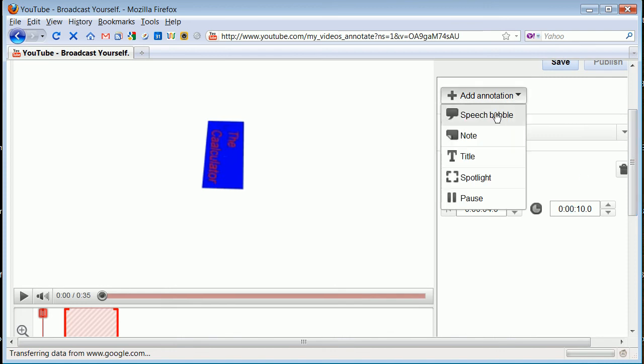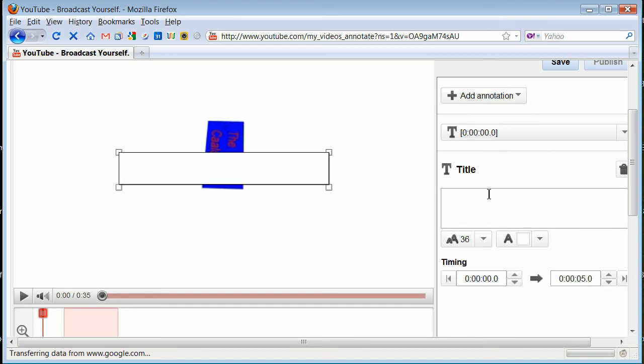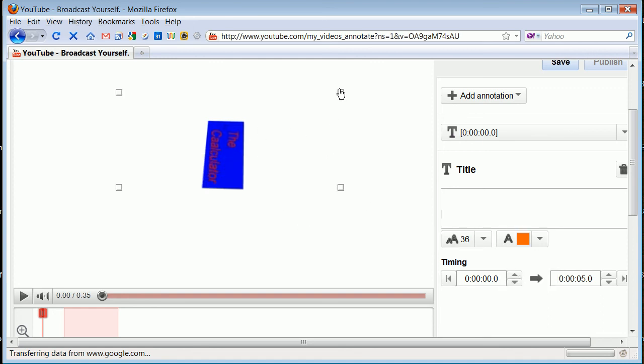So I'm going to add just a speech bubble, a note, a title. So the title is kind of neat. It's new. It gives you the ability to change color on your titles. So I'm going to change where they are. You can move them around with clicks on top, and I'm just going to say, okay,